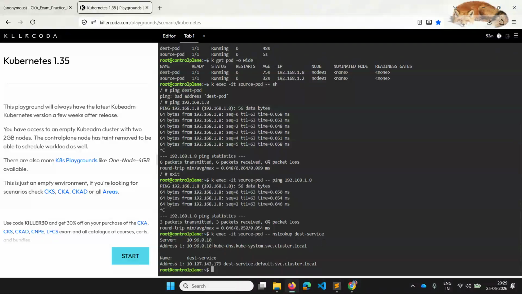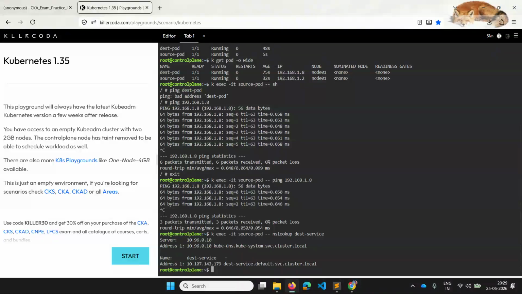So I will do it like this, and you should be able to get the resolution. Whenever you do this, this is the address of the service on this cluster, which is the VIP, virtual IP. That is helping this pod to get the IP of the particular service which it is trying to ping.